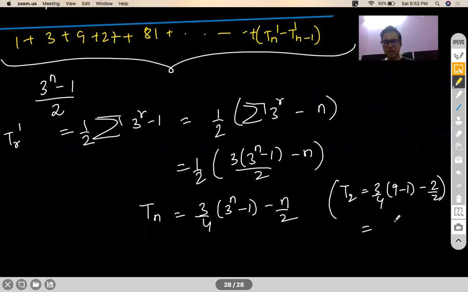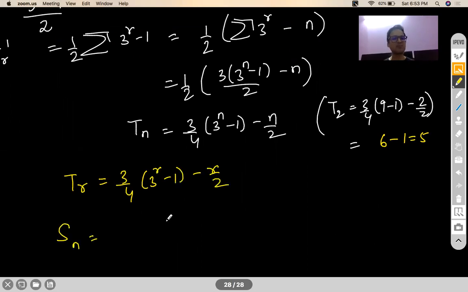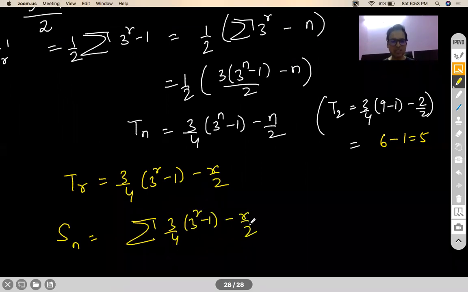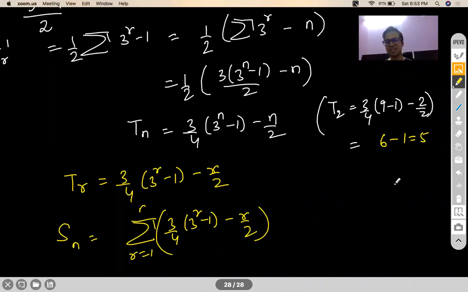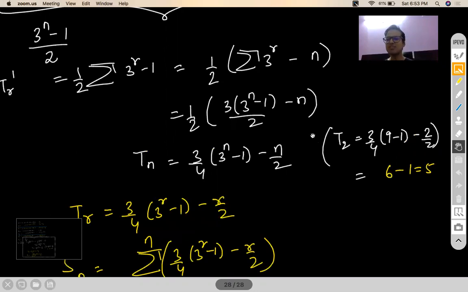Now, why I'm giving you this approach is because I want you to realize how big it is to solve a question in this way. And still my job is not done. I've found out my nth term, or you can say rth term, as of now. And in order to find the sum, that is your final answer, you have to apply the sigma method of summation on it. Oh my God, sir, this is going to be so big, right? That's the reason why I'm going to give you a shortcut, because this is not a feasible way to solve a question in competitive exams. Your at least 10-15 minutes will go in this one.